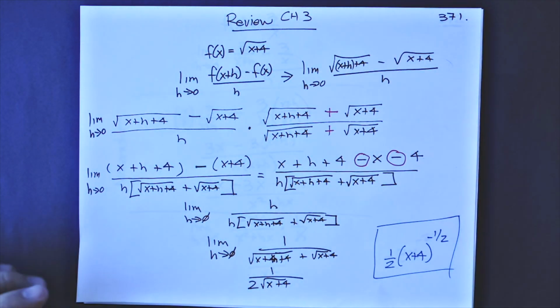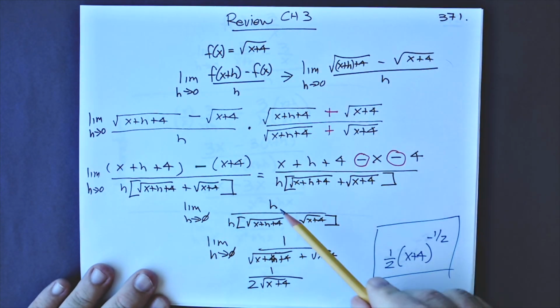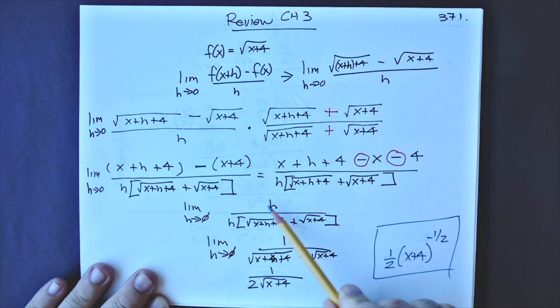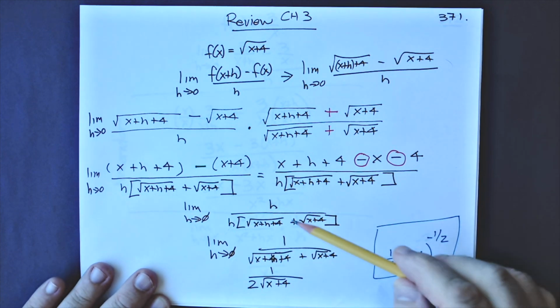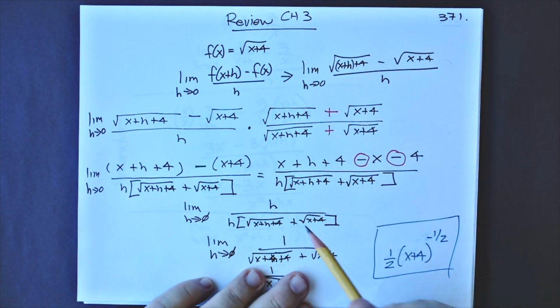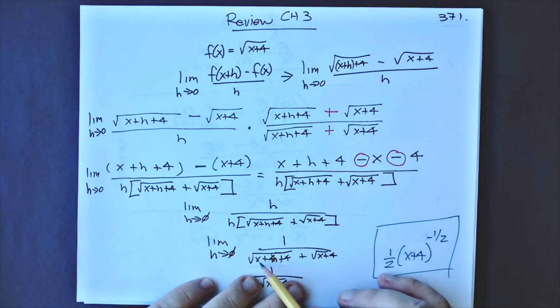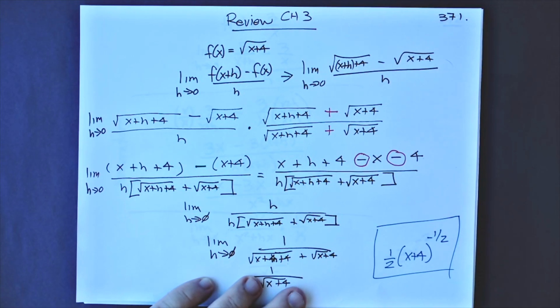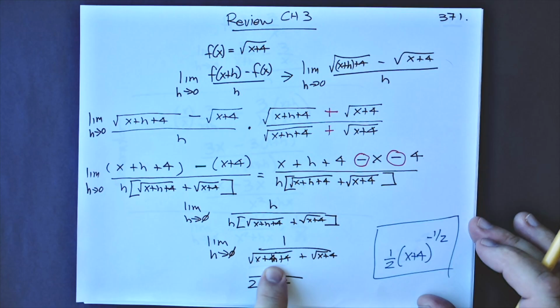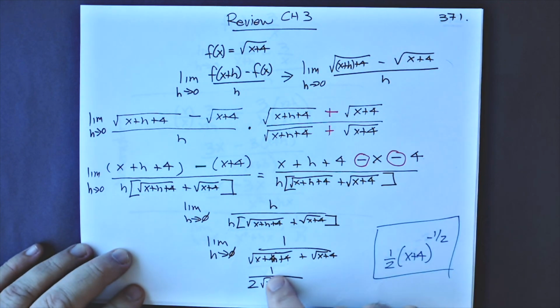Now, the reason I didn't want you to multiply the denominator is because, notice, this will very easily allow us just to cancel these h's. So then when I do that, I'm back over here, and I have the limit as h goes to 0 of 1 over the square root of x plus h plus 4 plus the square root of x plus 4. There's a little typo there. And then we're just going to substitute in 0. So when I plug in 0, this h goes away, and then I have 2 of the same thing. And so I have 2 times the square root of x plus 4. And that's the answer, which is this